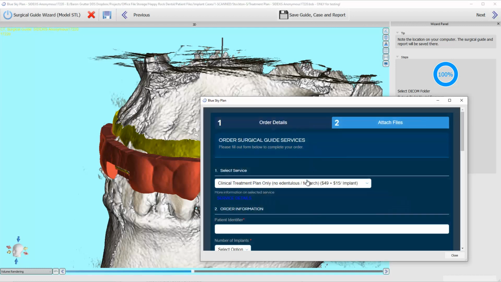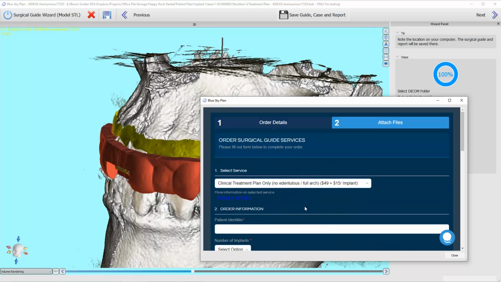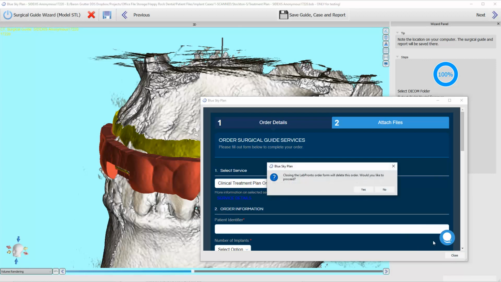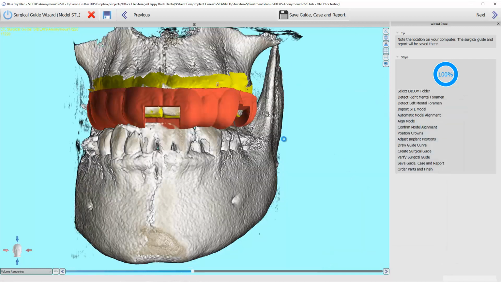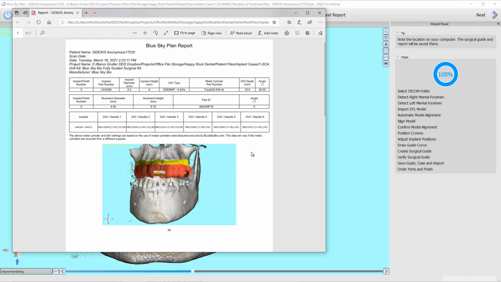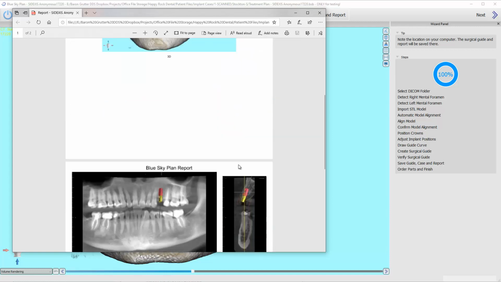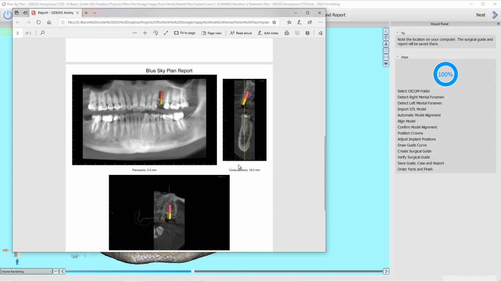And this is your opportunity to go ahead and send this out if you want to have it printed for you and whatnot. Okay, I'm going to click close here. And here is what the report looks like. And so you're going to want to save this to your computer somewhere. I will upload it to my patient's chart as well so that I can open it up in surgery and